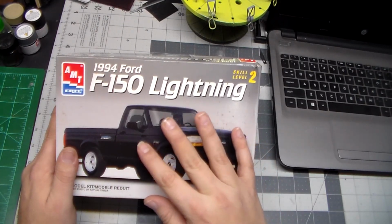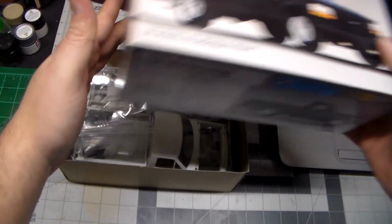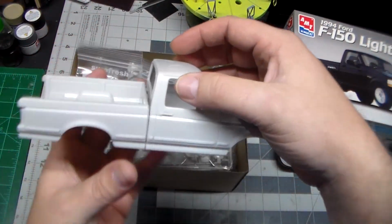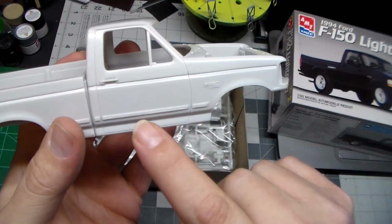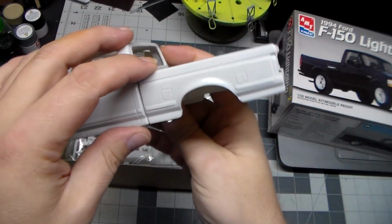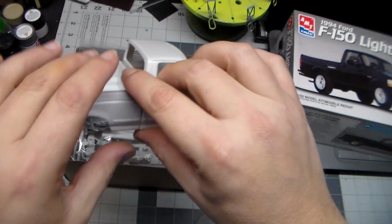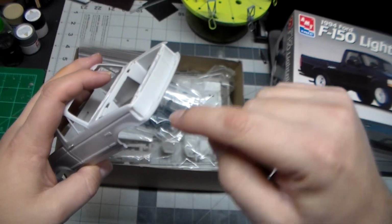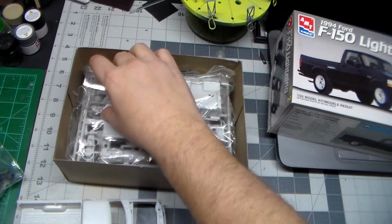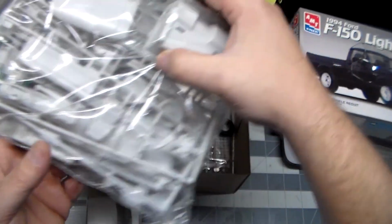if you know anything about these Lightnings, these trucks did not have body side molding on them. This molding right here. So we got to take that off. The only molding they had on them was around the front bumper. There is like a rubber trim around the front bumper,